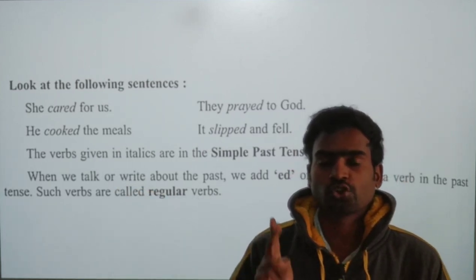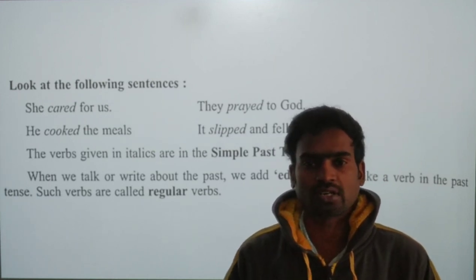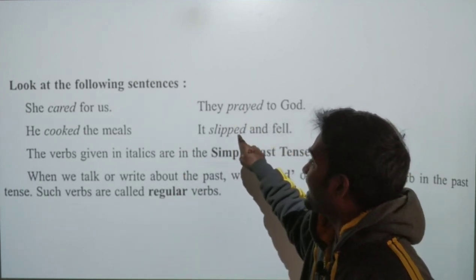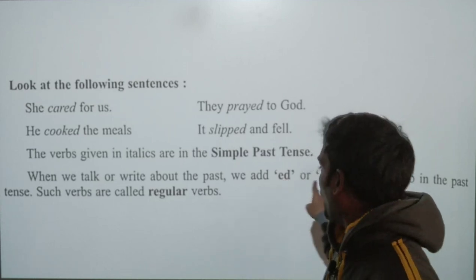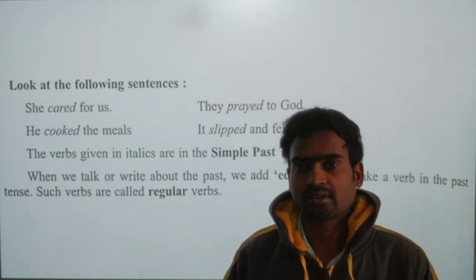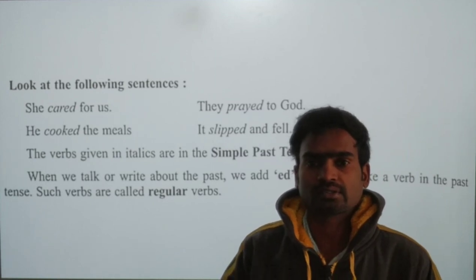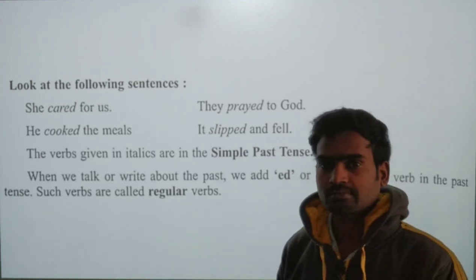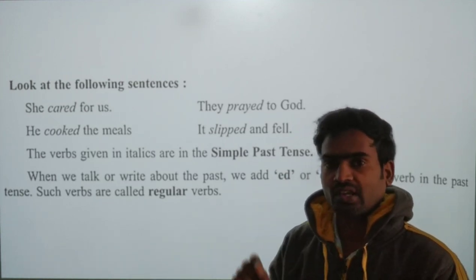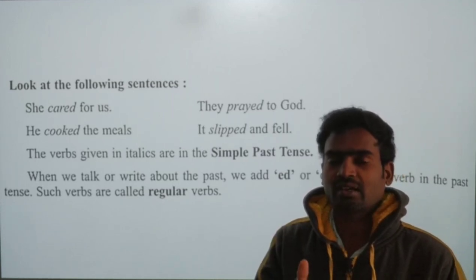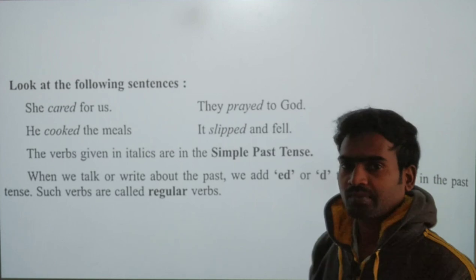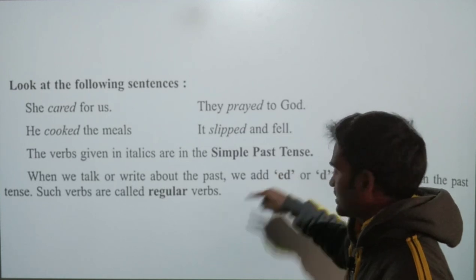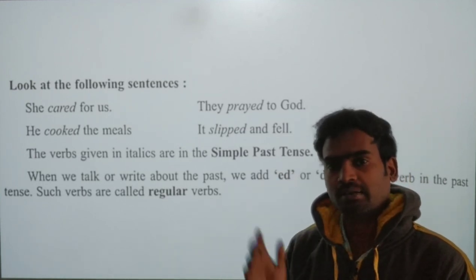We learned already two forms of verbs, regular and irregular verbs. When we speak about regular verbs, all these verbs are ending with ed or d. In the base form, there will not be any ed or d. So with the base form verb, we have to add ed or d. When the base form is already ending with e, we need to add only d. If a base form doesn't end with e, we have to add ed there, right? So that it will become a past tense.